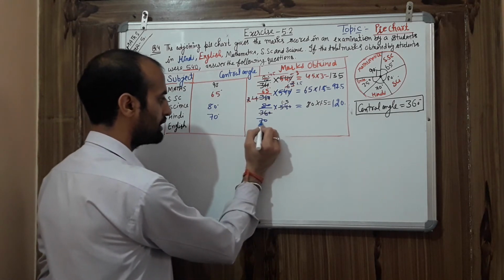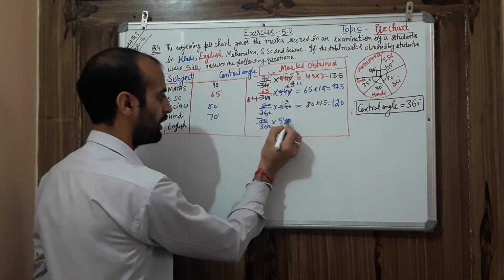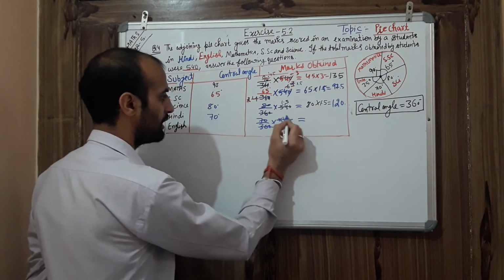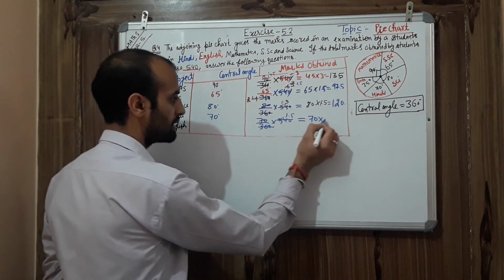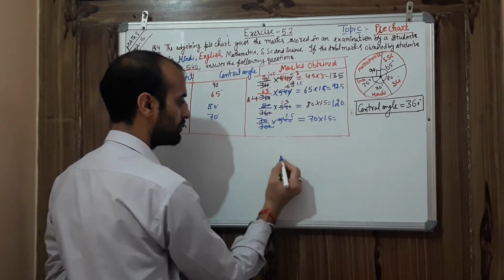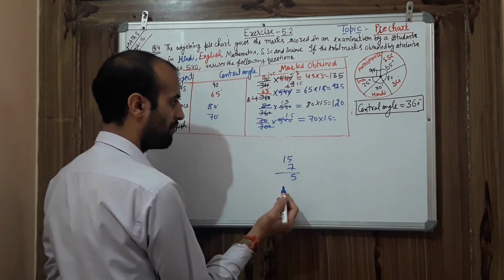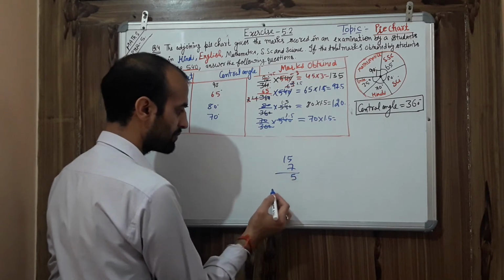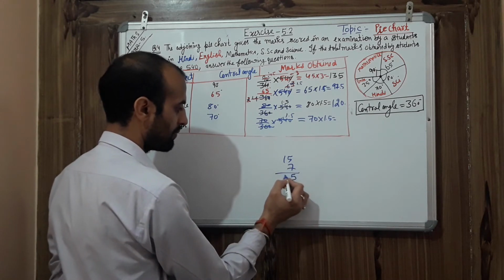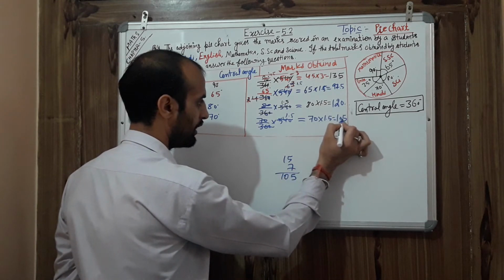Now once again 70 upon 360 into 540. Simply calculate it, it becomes 1.5 as I did above. So my next task, 70 into 1.5, so 15 into 7, 5 sevens are 35, and 7 ones are 7, carry 3, 7 and 3 is 10. So the answer is 105.